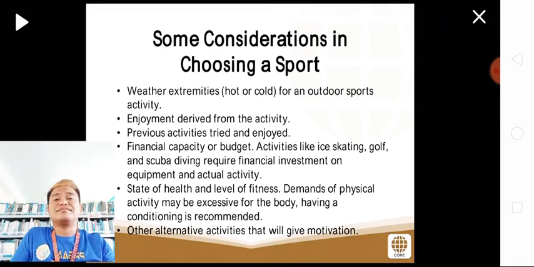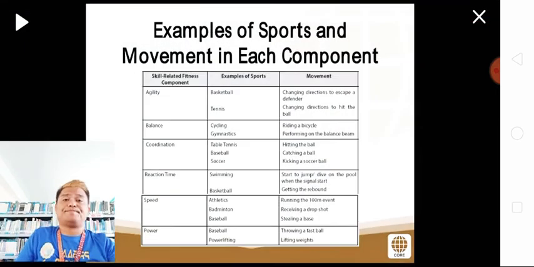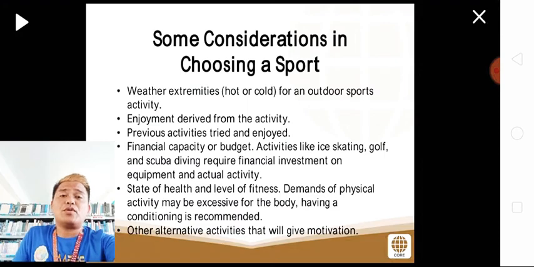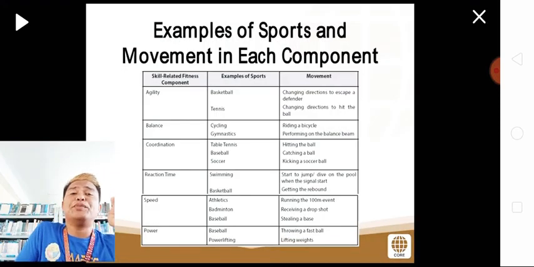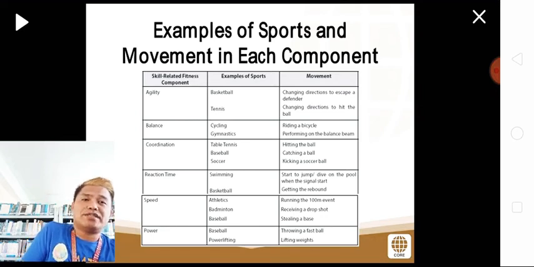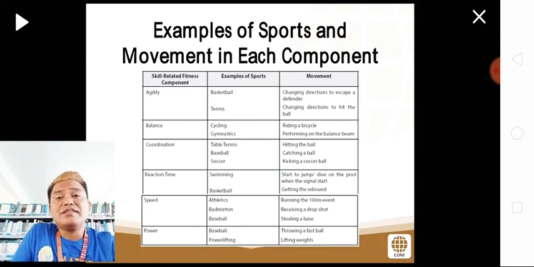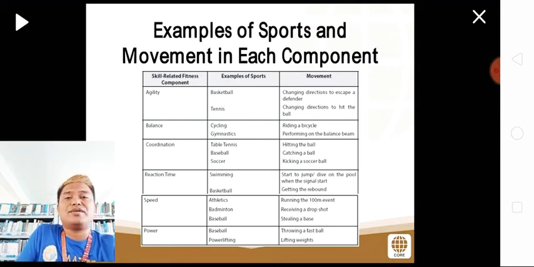Okay? So, next. Those are the examples of considerations in choosing a sport. Next, examples of sports and movements in each component. So, what are the sports and movements in each component? Skill-related fitness components, we have agility, balance, coordination, reaction time, speed, and power. So example of sports, basketball, agility, tennis,